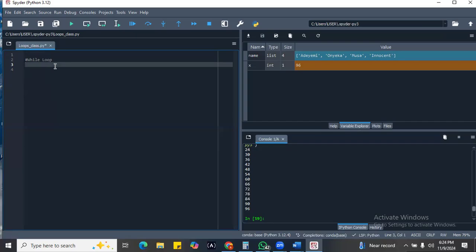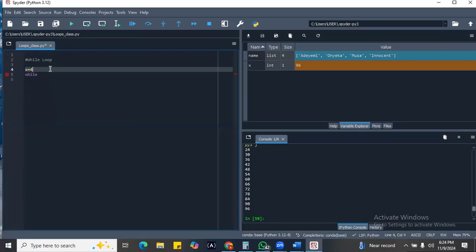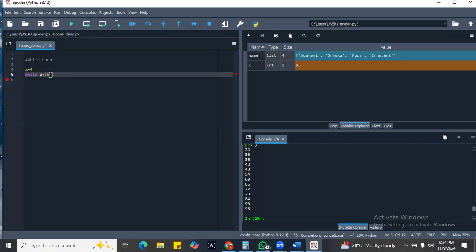So let's say we have a variable x, and we say x is equal to 4. The while loop just uses the while keyword. We have the while keyword, and we say, while x is less than 10. And we say x is 4. So in this case now, while x is less than 10, let's print